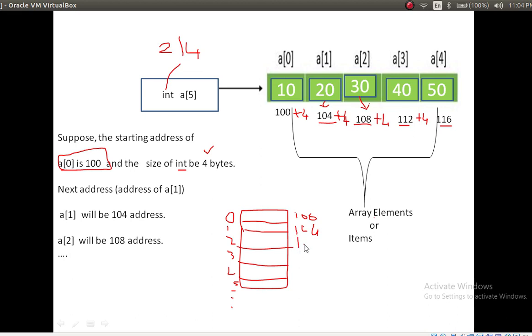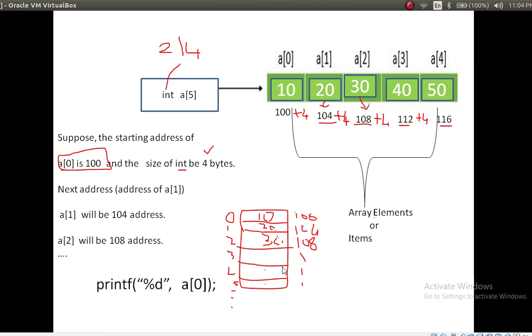Next is 108. In this manner it will allocate the memory for the values where they will be stored inside the memory. Here 10, 20, 30, 40, 50 and so on. So now you understood how these array element addresses occupy the computer's memory.